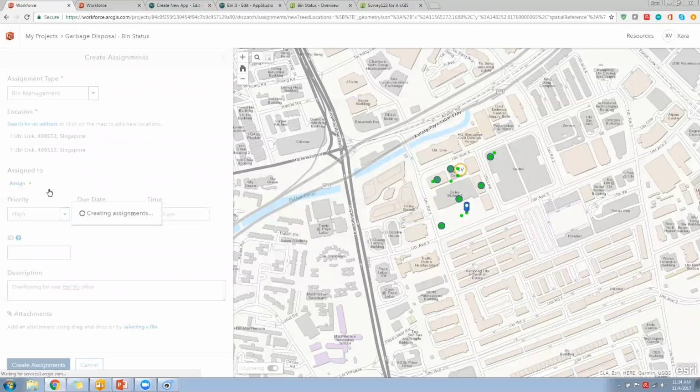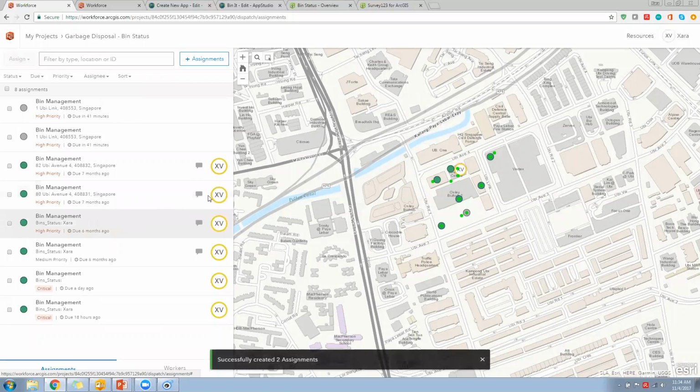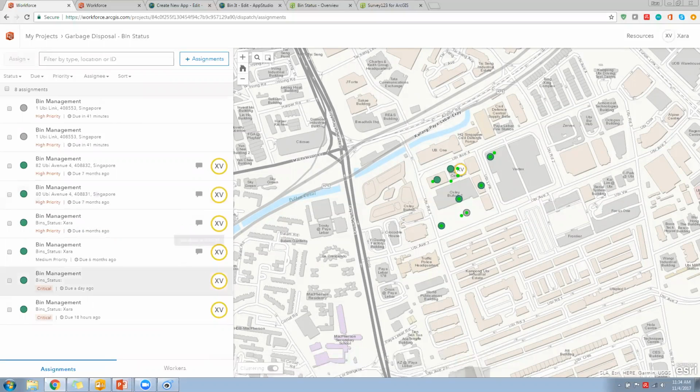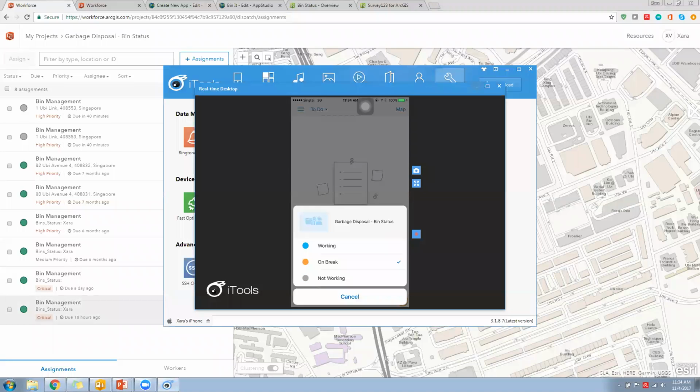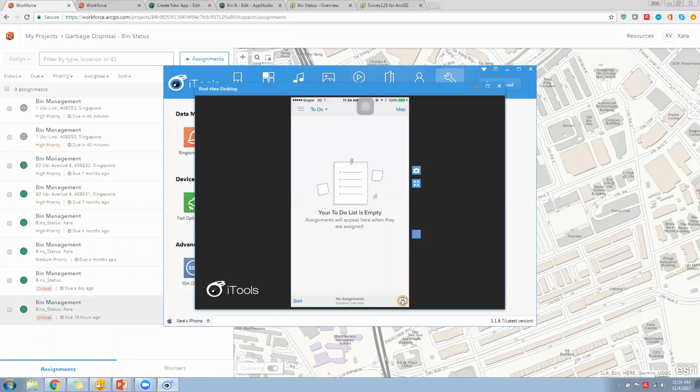Now, after successfully creating this assignment, I can revert back to my mobile view or my mobile device to have a look if I have anything assigned to me.